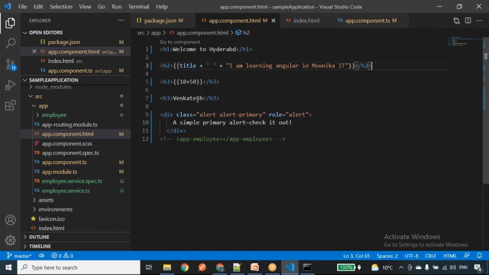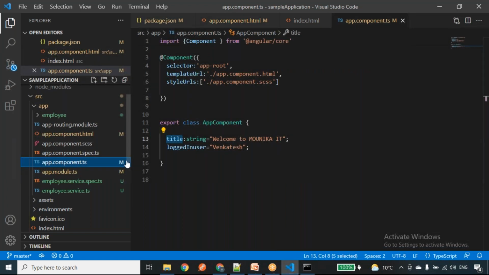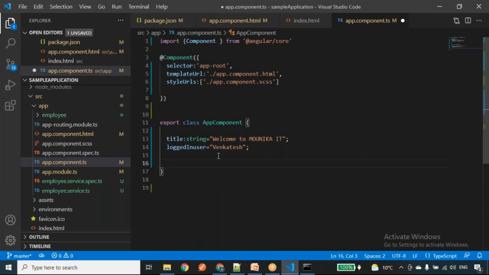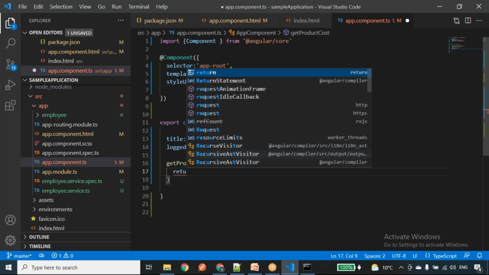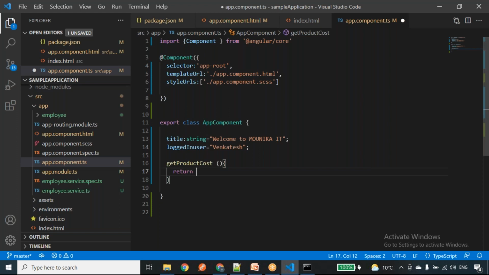And one more thing is that we can execute methods also. For example, let me show you. I'll write one method here, getProductCost, and I'll return its value as 100.